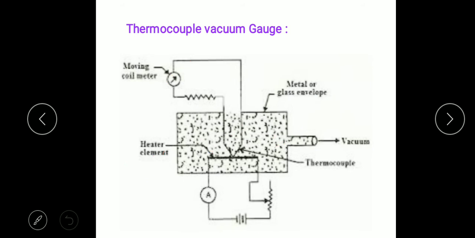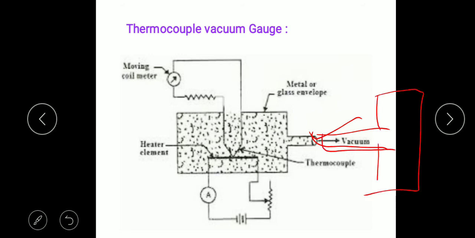Now the thing comes to the working: how this device measures the pressure available. If you want to measure the pressure of a certain area or of a gas, then we will carry our device there, and the open portion of this device we will connect with the source whose pressure is to be measured. Consider this tank, and in that tank is a gas, whose pressure has to be measured. So we will connect this tank with the open portion of the device.